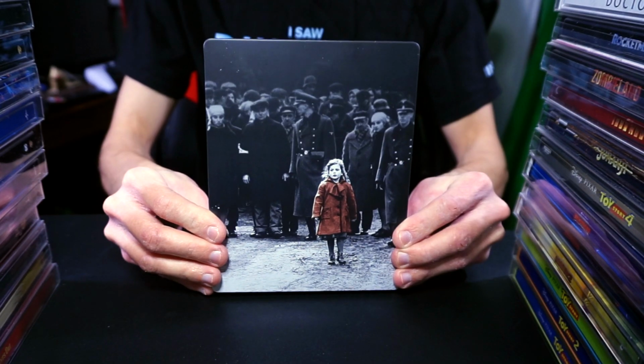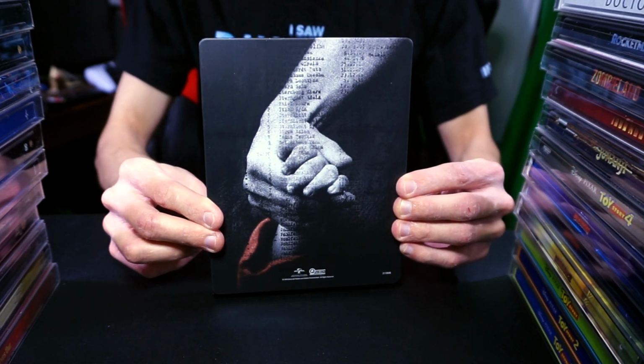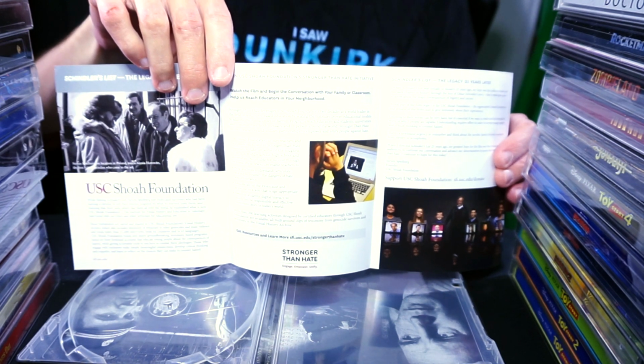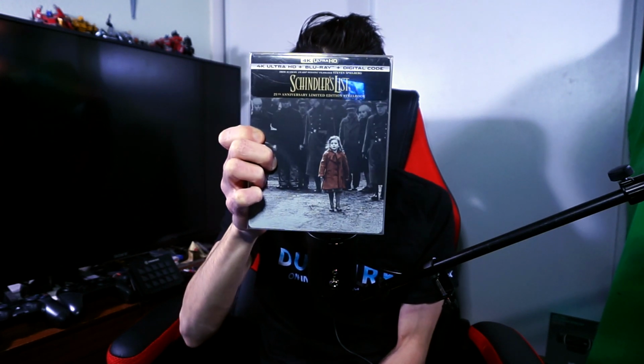And then we get to classics, like genuine classic films that have now been restored to 4K, some of which were actually overseen by the original director, with a rather cool steelbook, or a very beautiful looking steelbook, to be much more appropriate, as it is this next entry, Schindler's List. Steven Spielberg's Academy Award winning masterpiece from 1993 gets a steelbook there, showing what is arguably one of the more striking images of the film. You see all of these survivors there in the back, but of course in the foreground, the little girl with the red sweater. So here you have the entirety of the original film in 4K restored, Blu-ray, digital copy,